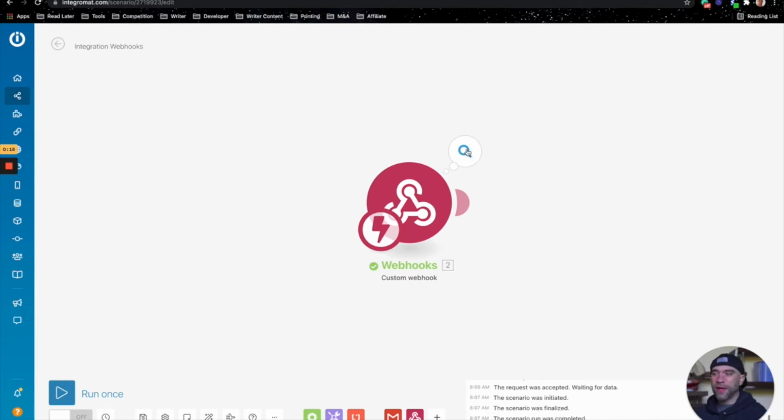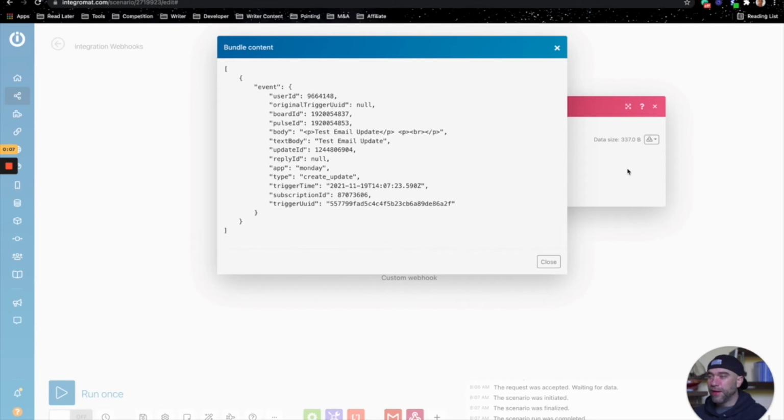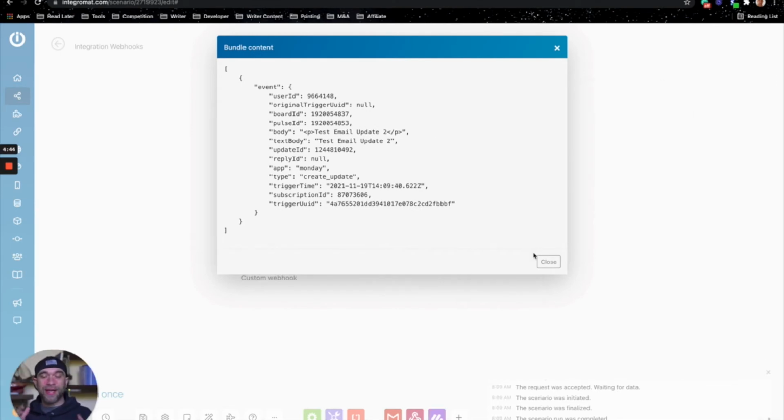Alright, so we got our data. When this bubble comes up, it shows that it received the information. In order to see the raw data, I click here and I look at download output bundles. Perfect. Now here's my information. Now you may notice that in this data, you might be missing some items that you would typically see inside that Monday.com item. So in order to be able to pull the rest of the information and use that within the email, we have to get an item from Monday. So what I'm going to do is close,